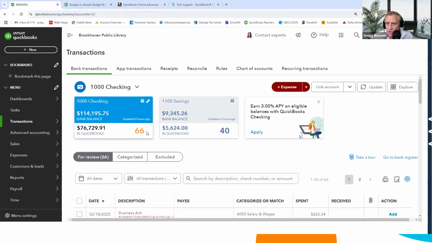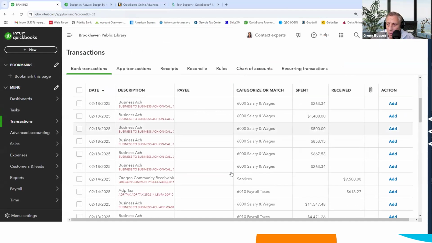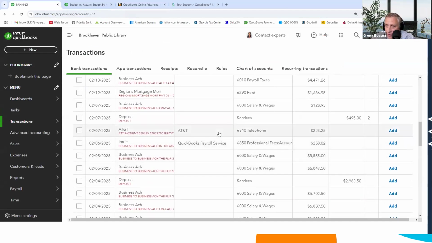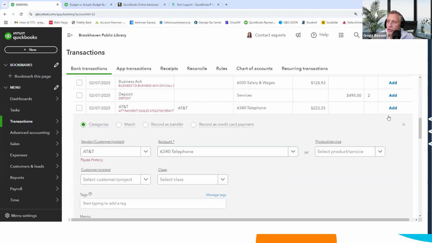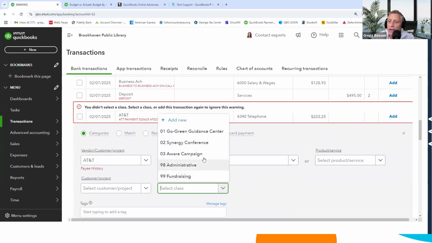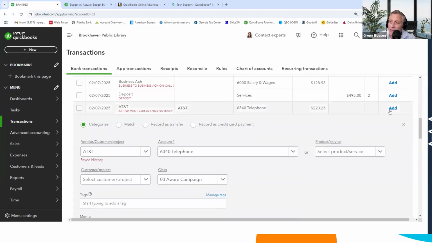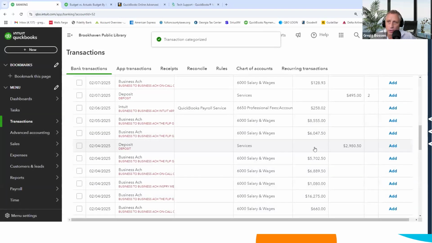There's 66 transactions downloaded now, waiting to be added to QuickBooks. They're in a holding tank. You click on each one, decide what expense account you want to point it to, and then add it to your QuickBooks file. That way you can keep up with your data entry without manually entering everything, and make sure that everything that hits the bank hits your books. So that's the first suggestion.